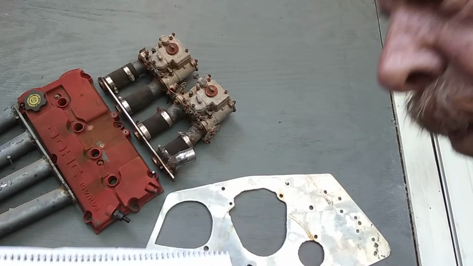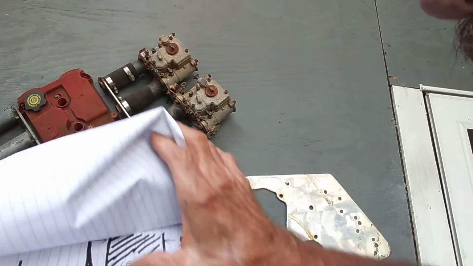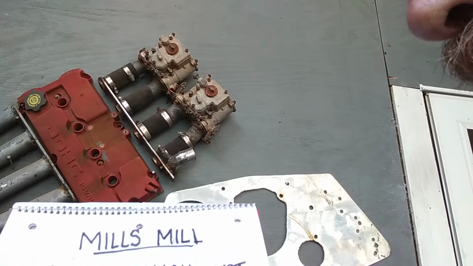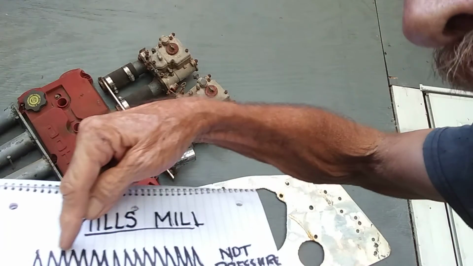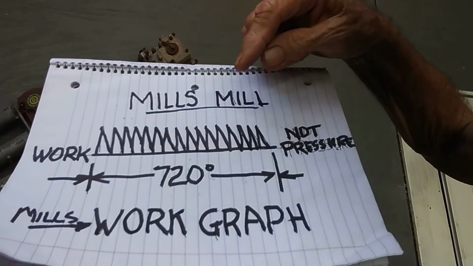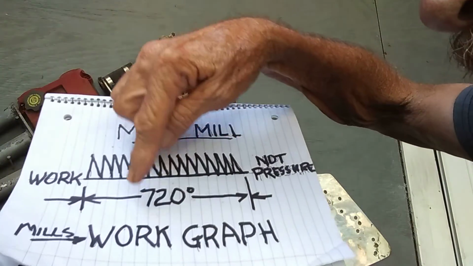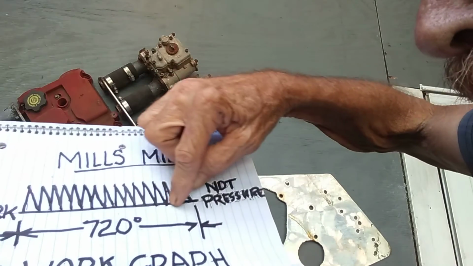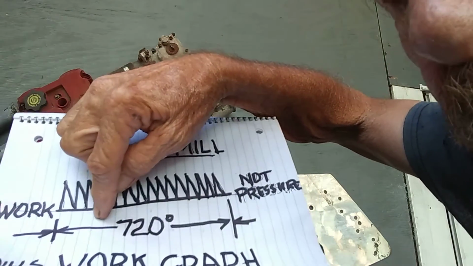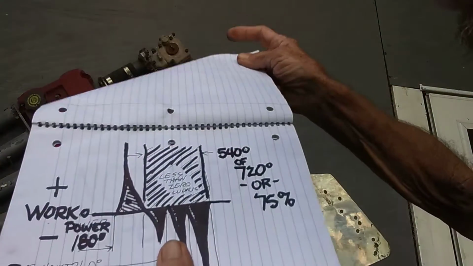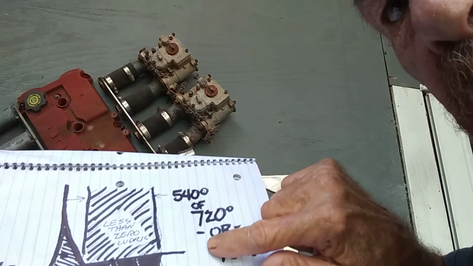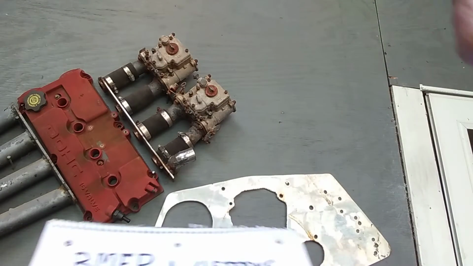On my engine, in this same time, 720 degrees, 2 rotations of the engine's crankshaft, the picture I just showed you, look at it, you can figure out it can fire 16 times in 2 revolutions. And since this is a work graph, you can see this line is 0 work right here, not pressure. My engine never goes below the 0 work line, whereas piston engines, 4 strokes, are 75% of the time in this negative work area. That's got to take